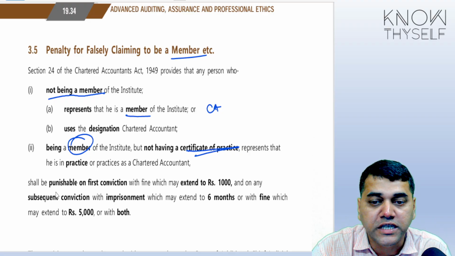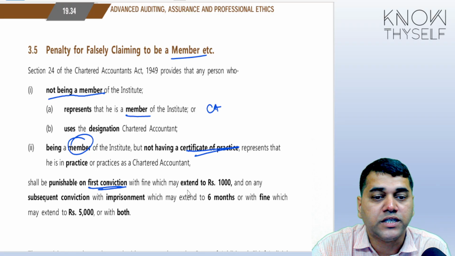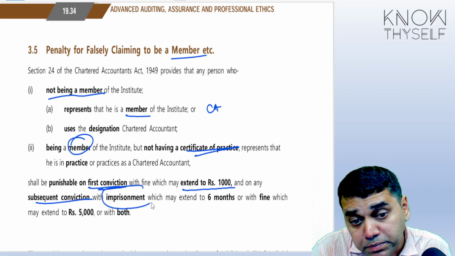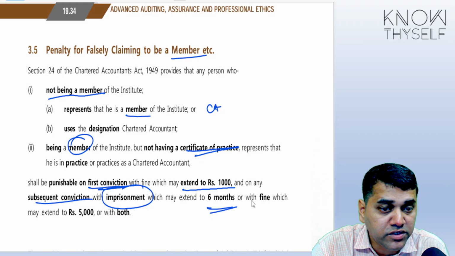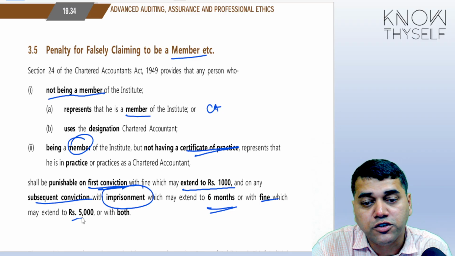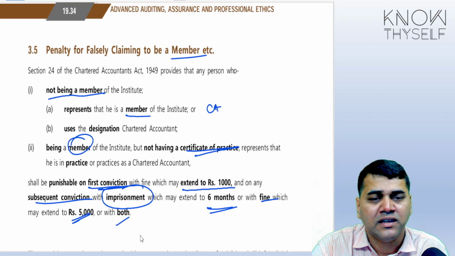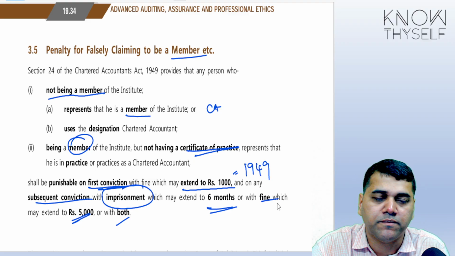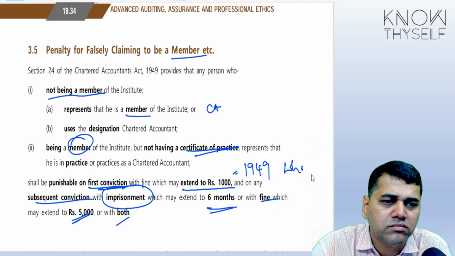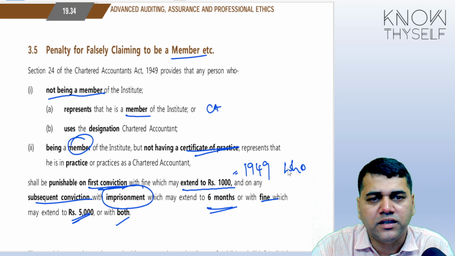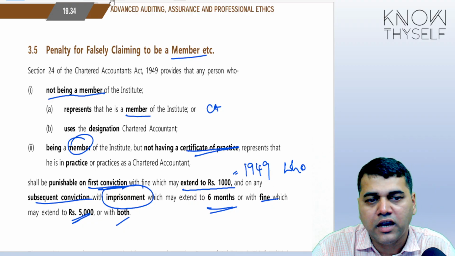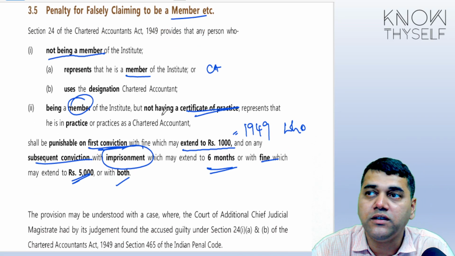Those people will be punished with the first conviction, which can extend to 1,000 rupees, and subsequent conviction with the imprisonment, which may extend to 6 months, or fine, which may extend to 5,000 rupees, or both. See, this is 1,000. You may ask, sir, what is this 1,000? First of all, we are talking about this punishment of 1949. Tell me who will do it. First of all, see, if you get the work, you have got so many restrictions, and you need to get that work by establishing the